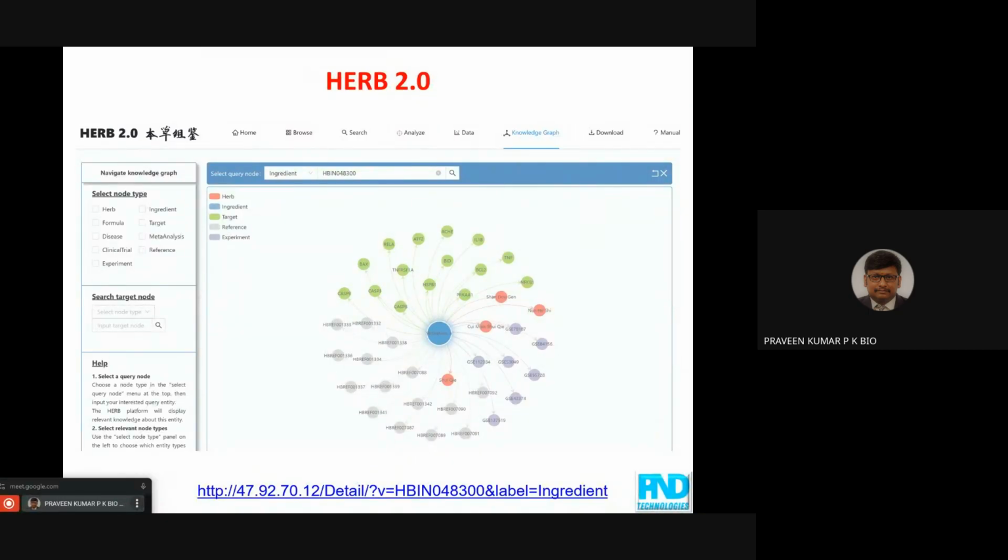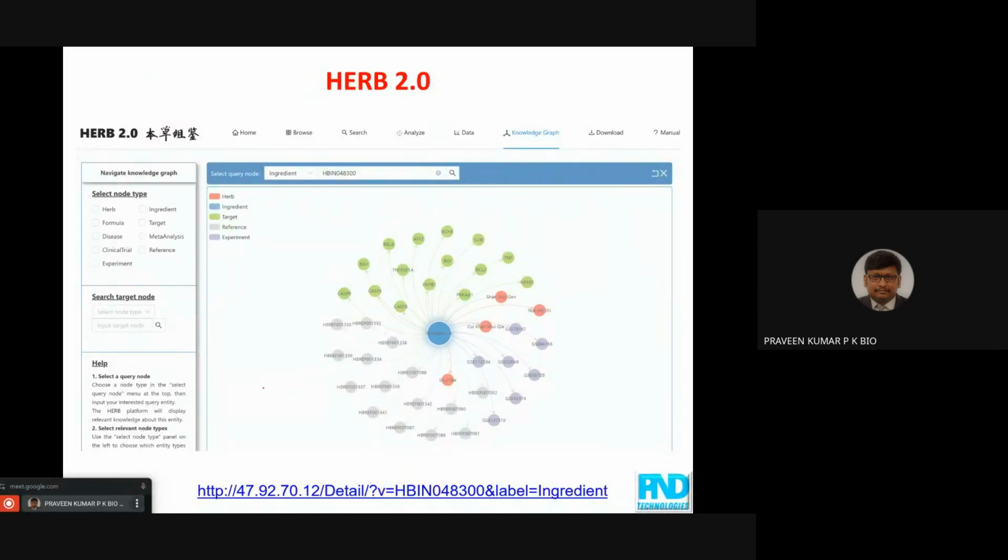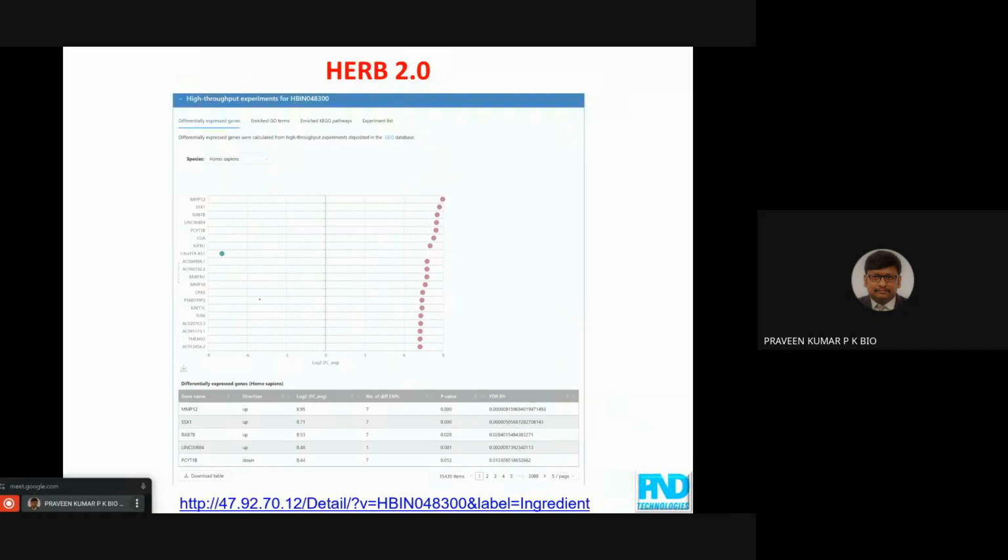You not only can see the disease interconnecting thing, we can also see the gene interactions, the interaction of compounds with the genes. That also is available in the IMPACT database. In Hub 2.0, you can see I just searched for a plant compound called Withaferin A. I am able to see how this plant compound is interacting with the different proteins. And if you see this Hub 2.0, you can also see the most important targeting genes for the